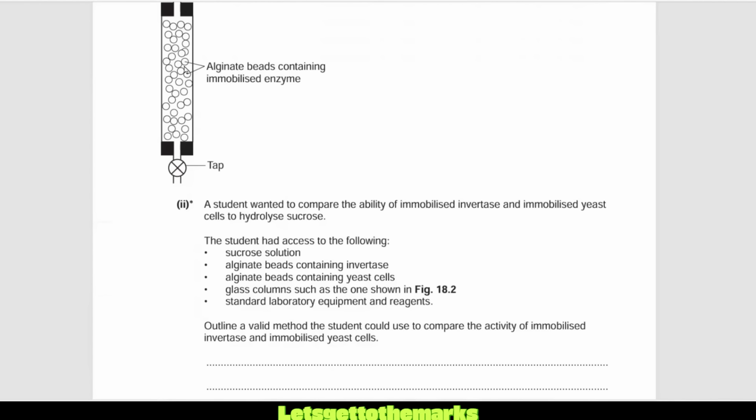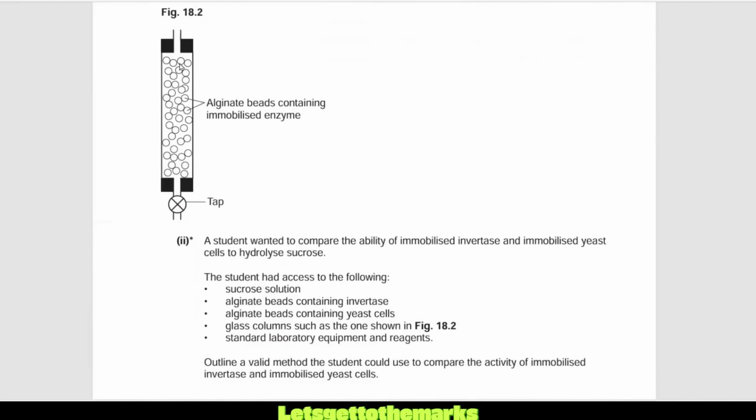So essentially, we're pouring through sucrose, and then out the bottom, we're getting our product, which should be the fructose and the glucose. So it's getting poured through like that, the sucrose, and as it drops down, the substrate, the sucrose, enters the active sites of the immobilized enzymes, and then out comes our product. So this is great because this means that your enzyme is separate from your product. You might get some unreacted substrate, some sucrose coming through, but your glucose, fructose, and any unreacted sucrose come through here, but they don't have enzymes mixed with them.